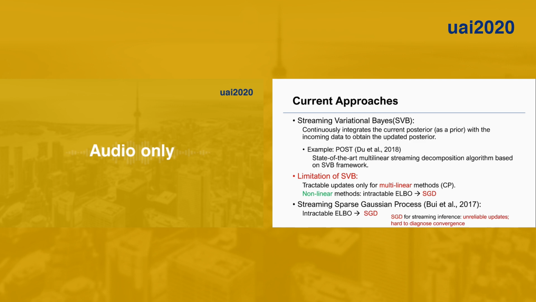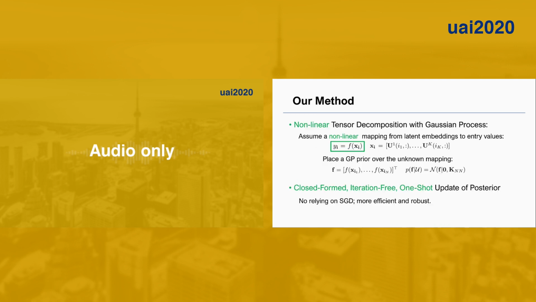Due to its instability and the difficulty of diagnosing convergence in the streaming setting, SGD often fails to provide reliable, high-quality posterior updates for every incoming batch of data, which in turn will affect the updates for the subsequent data.